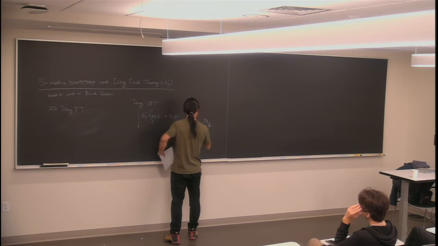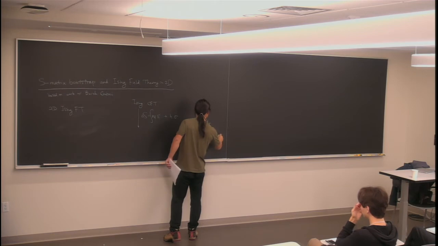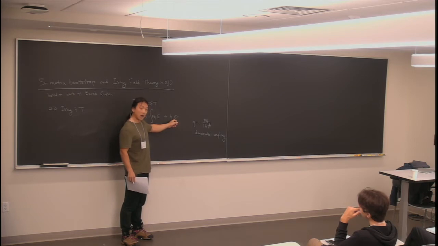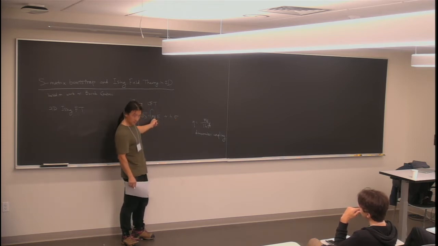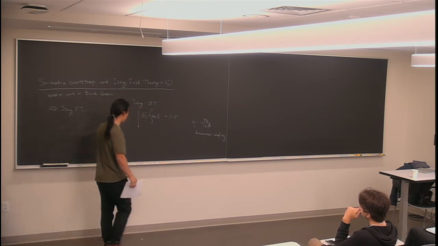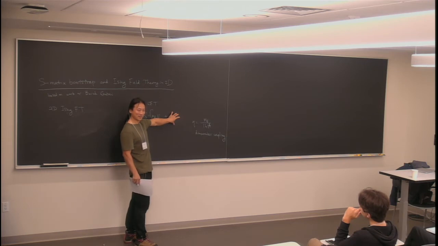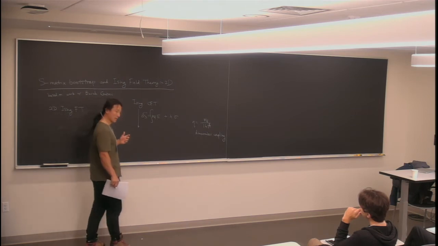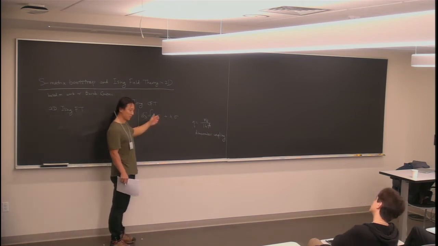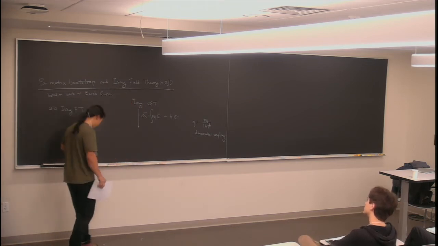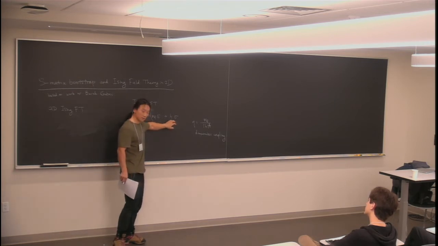So this is a dimensionless coupling. Here, the sign of H does not matter because there's a Z2 symmetry under which sigma is odd. But the sign of MF does matter because there is no Z2 symmetry under which epsilon is odd. So you might wonder what happens if you have the sigma deformation. For either sign, you end up with a free massive fermion, but they're not quite the same theory because, depending on the sign, you may be either infrared trivial or you have a non-trivial Z2 topological field theory in the infrared. And that makes a huge difference on the dynamics when you turn on this spin field.